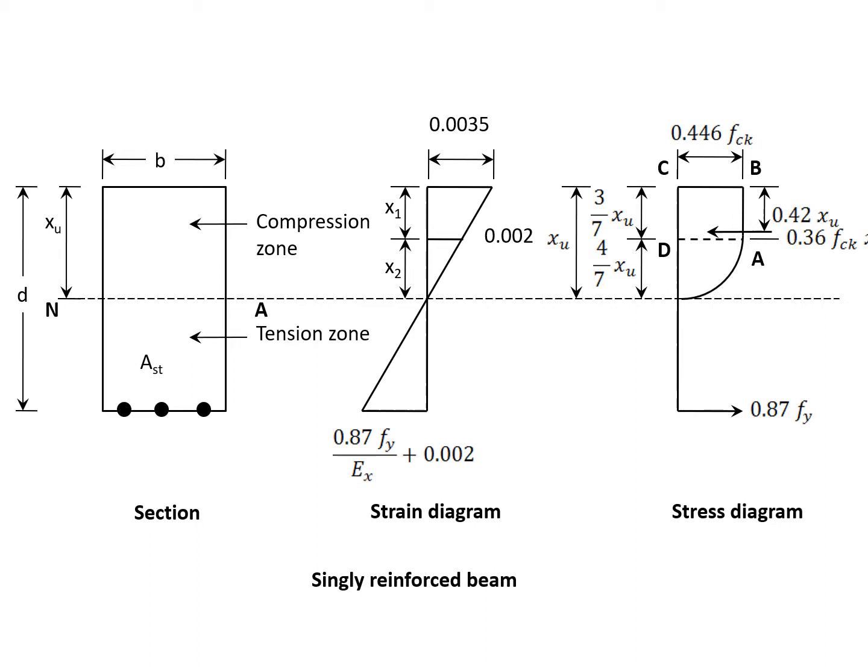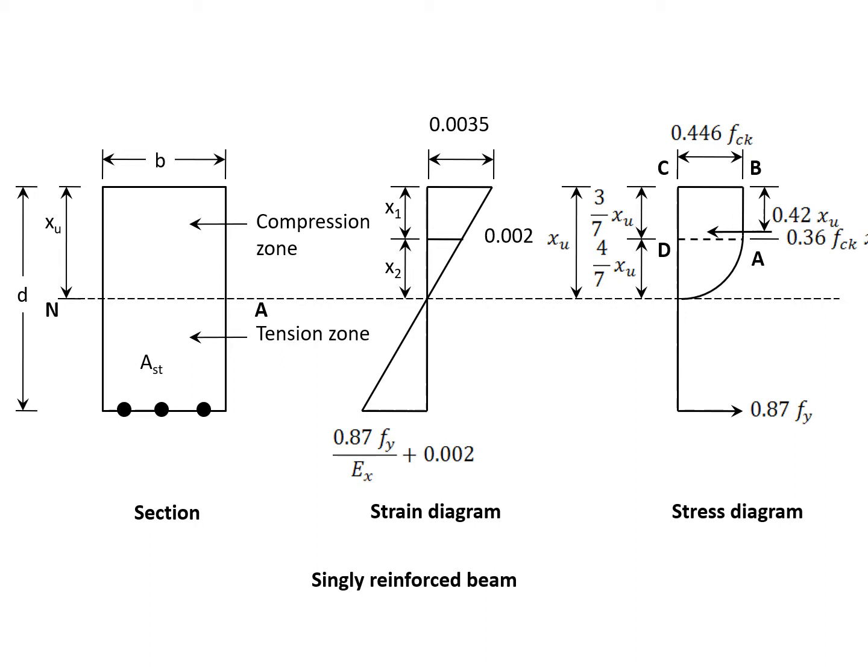XU is the depth of the neutral axis. Above the neutral axis there is the compression zone, below the neutral axis there is the tension zone, and AST is the steel, the single reinforced steel, which is at the depth of D from the top. That was the leftmost diagram. The central diagram is a strain diagram, and